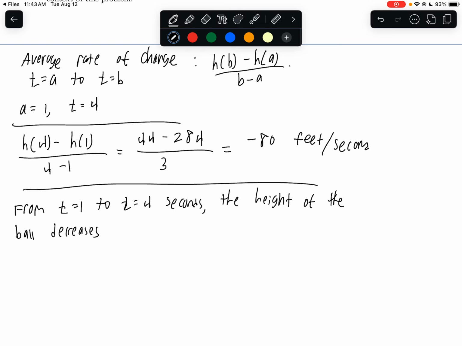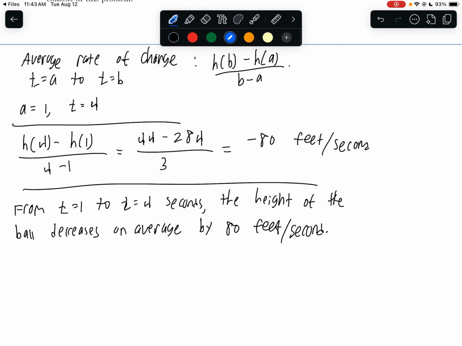If we got positive, we would say increase, but that doesn't make any sense here, right? Obviously it's falling. So we would say it's decreasing on average by 80, and then the number with the units,